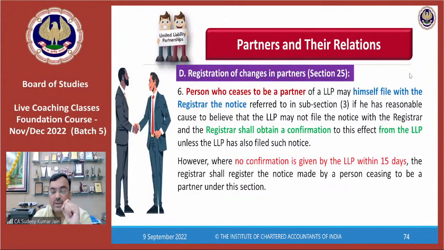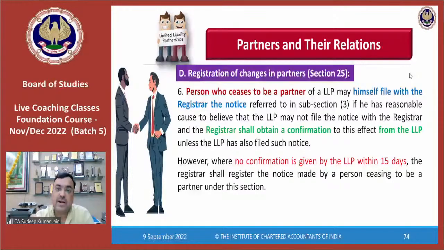मतलब क्या हुआ कि मान लीजिए कोई पार्टनर आ रहा है, आया LLP में या चला गया LLP से, उसकी इंफॉर्मेशन, उसकी नोटिस देना है ROC को, रजिस्ट्रार ऑफ कंपनीज को। क्या नोटिस देना है कि सर ये पार्टनर नया ऐड हुआ है या चला गया, 30 दिन के अंदर, 30 डेज के अंदर। अब उस पार्टनर को ऐसा लगता है यार ये LLP गड़बड़ कर रही है, LLP वाले भेजेंगे नहीं नोटिस, इन्फॉर्म नहीं करेंगे, तो वो खुद भी कर सकता है। लेकिन इस केस में